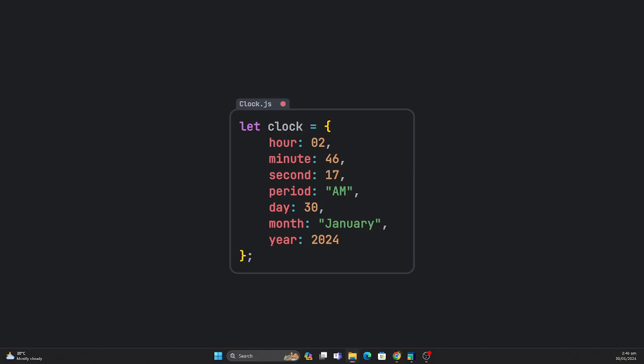Next up is the steps in conversion. So here, let's open up our file first.